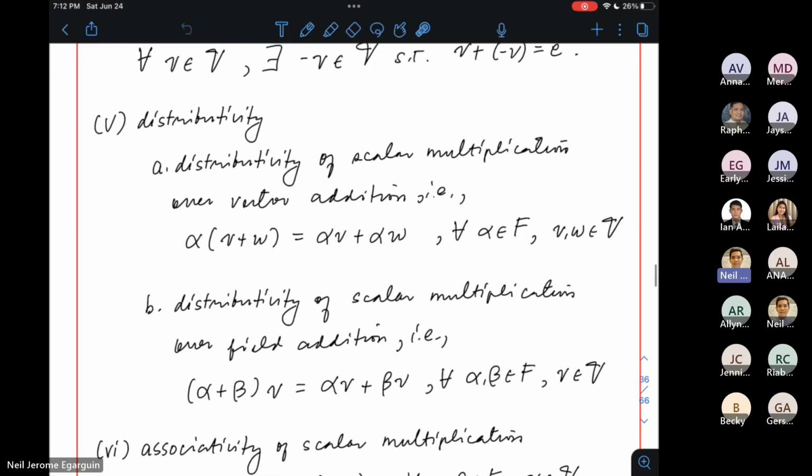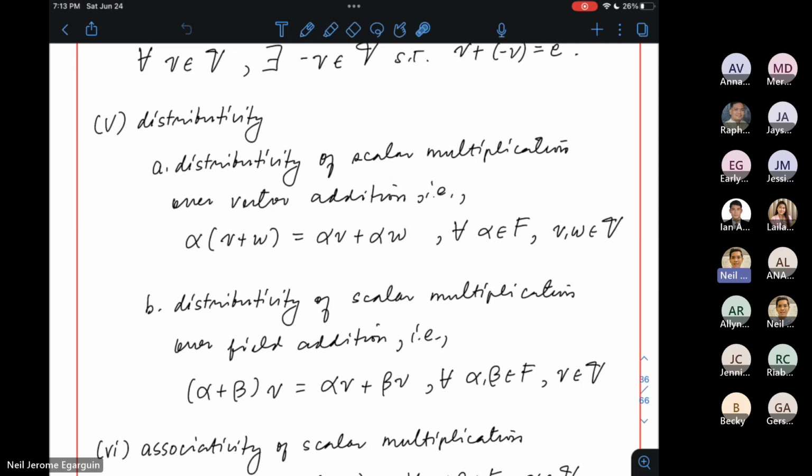Right? And then distributivity, pero may dalawa tayong klase ng distributivity na dapat masatisfy kasi meron kang dalawang operations, right? Pero hindi tayo basta-basta pwedeng mag-operate, hindi uniform. Yung pagkakaroon ng multiplication over a sum because we are dealing with two additions here. Merong vector addition at saka merong addition under the field. So kailangan i-distinguish natin ano yung distributive property na kailangan natin, and luckily, we are requiring two distributive laws to apply for a vector space to occur.